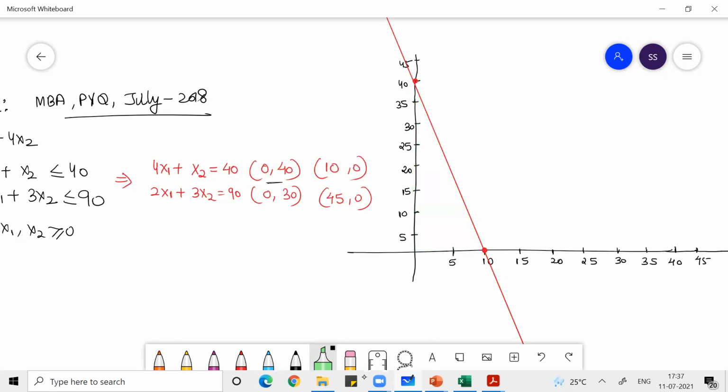Now I'll draw the next graph, that is 0 comma 30 and 45 comma 0. This is 0 comma 30, and then 45 comma 0. So now it is